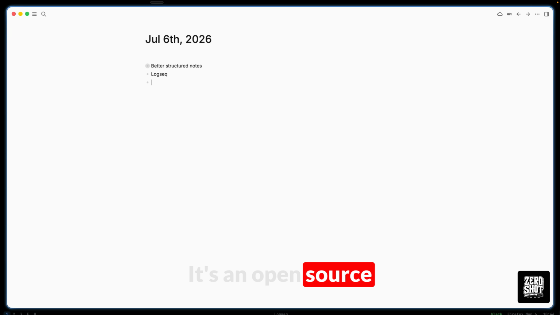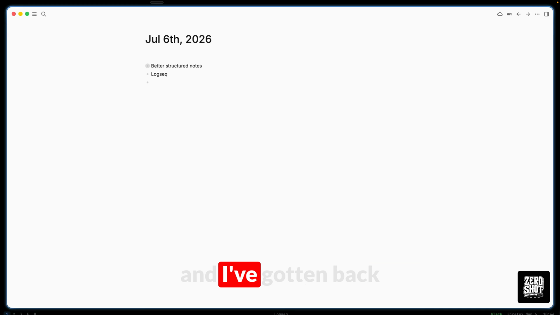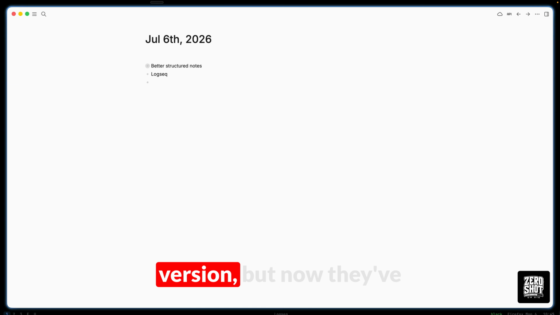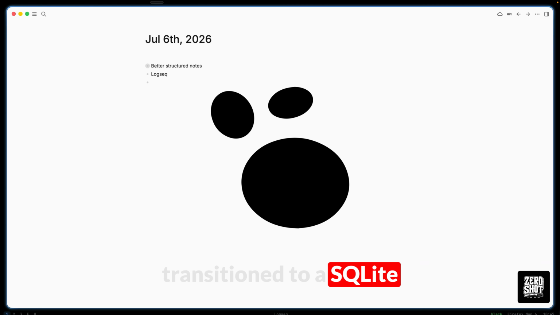It's an open source note-taking app, and I've gotten back into using it lately. They've made a lot of updates and changes. The original version was like a pure markdown version, but now they've transitioned to a SQLite database version,